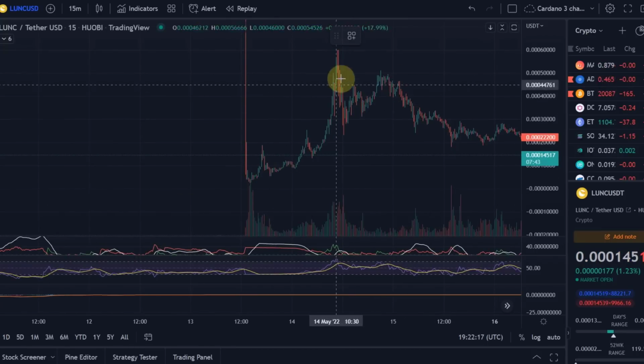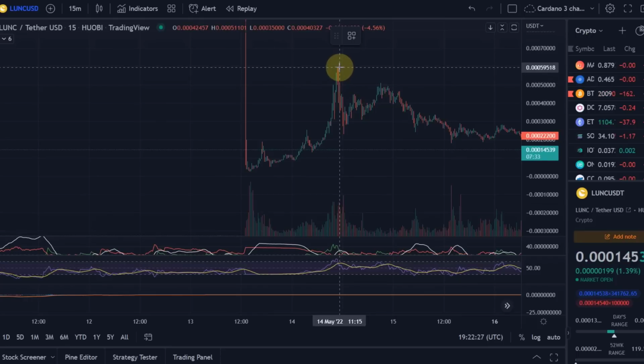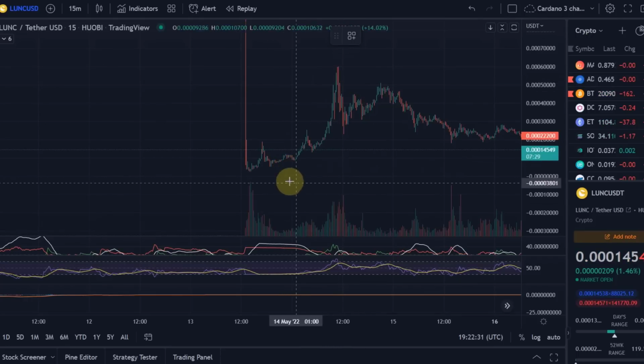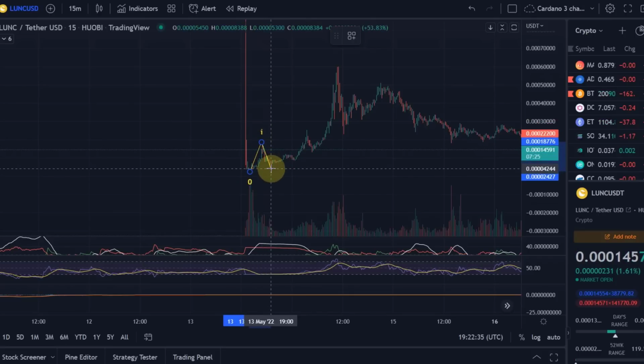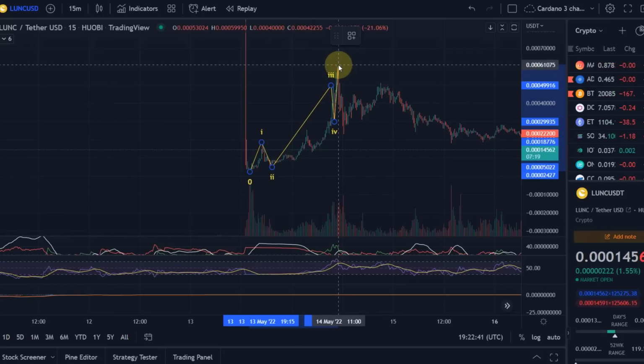So at least after the low, we see a first impulse, which is a good sign, which might be a sign for a trend reversal. To be honest, if we didn't see an impulse up here, it would be a disaster, because that would mean that Luna, or Luna Classic, has to drop even more. But we can see a first move up. This could be a move up, then the wave 2 down. Then here a wave 3 up, a wave 4 down, and a wave 5 up.